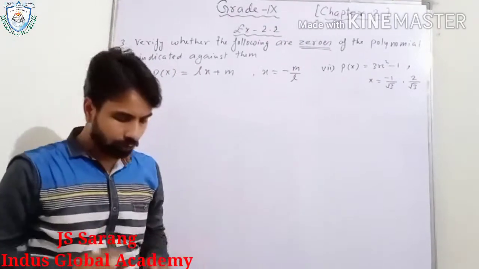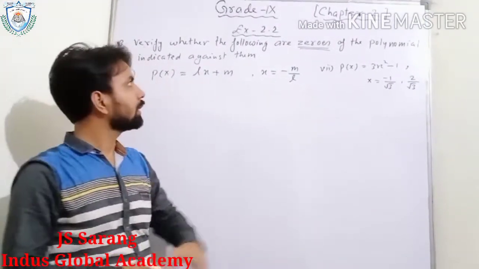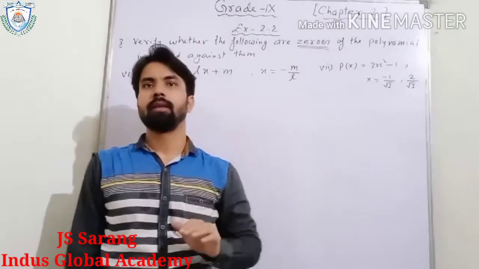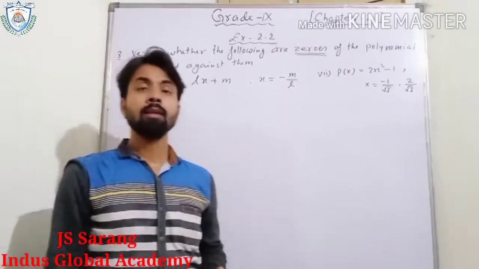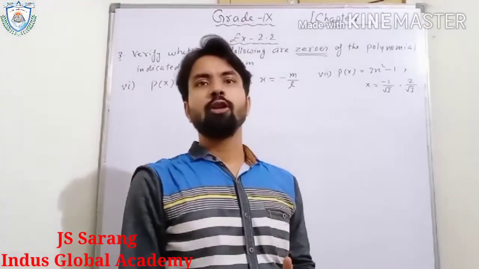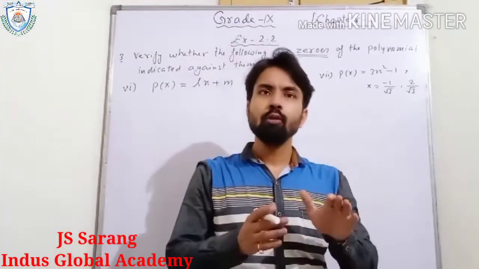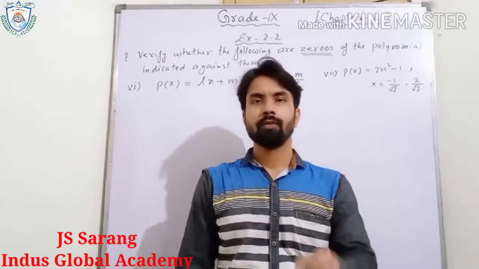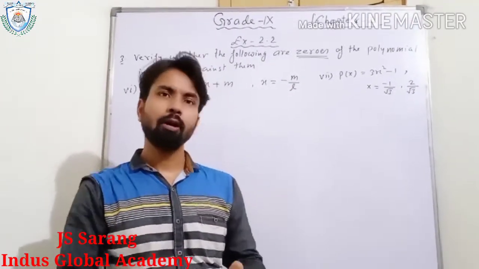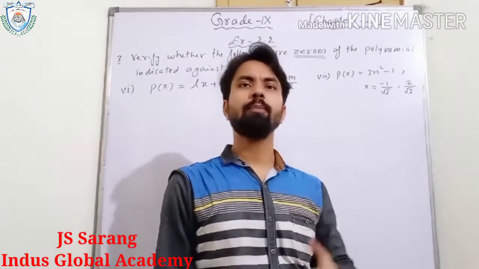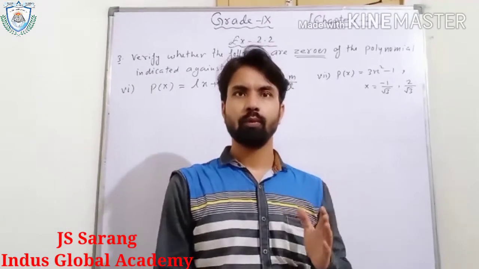So first of all, we should know what is the zero of a polynomial. What is the meaning of zeros of polynomial? Beta, zeros of a polynomial is the value of the variable. Zeros of the polynomial is the value of the variable for which the value of the polynomial is 0. For example,